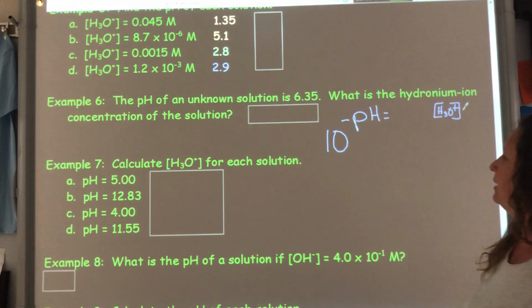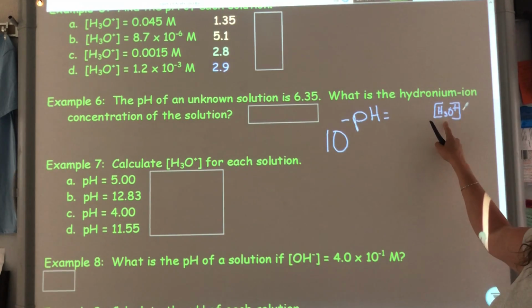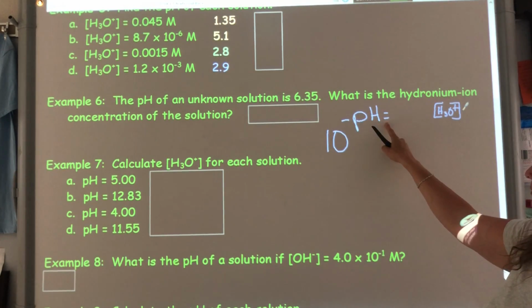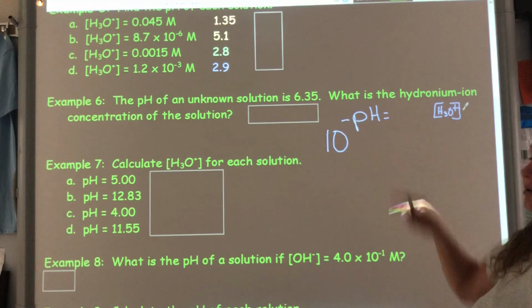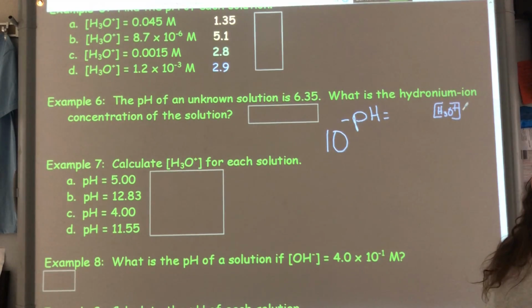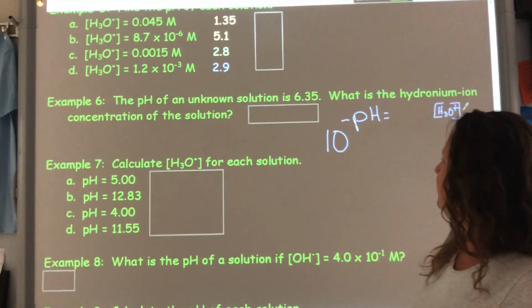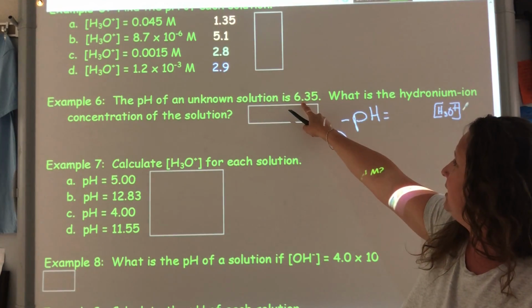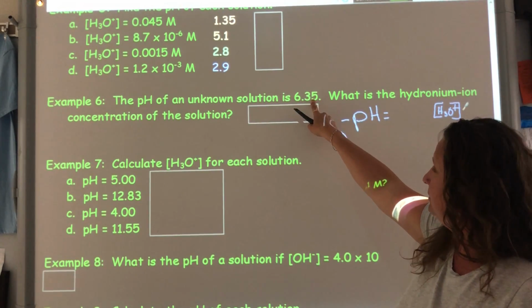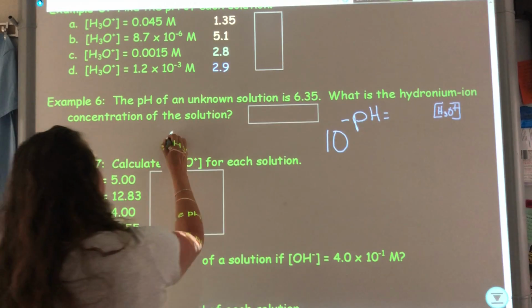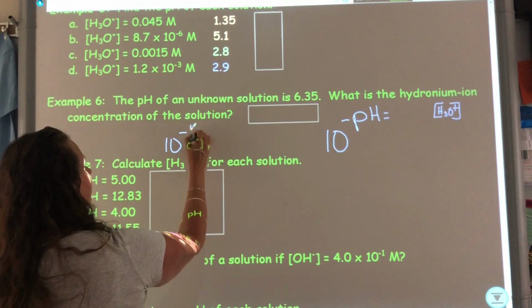So the hydronium ion concentration is equal to 10 to the negative pH. Okay, so now that's not too bad. So if we know that our pH is 6.35, I'm going to want to put in 10 to the negative 6.35